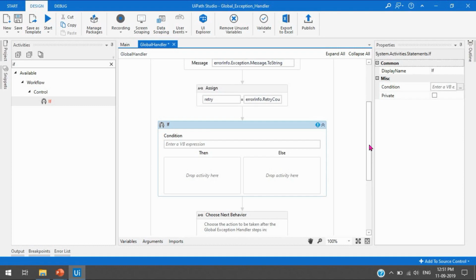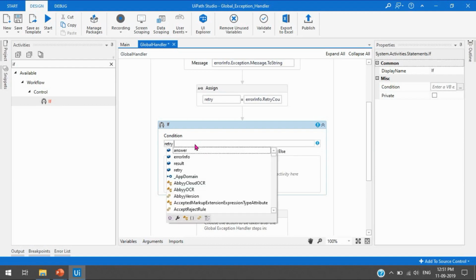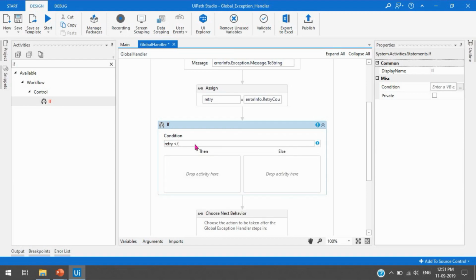So what will happen? Sometimes, due to one exception, the rest of the activities are aborted and are not able to execute. So we can take the Ignore option, and then we'll at least be able to complete the next step which is required, right? So what we'll do here: if retry count, if retry is less than 3,